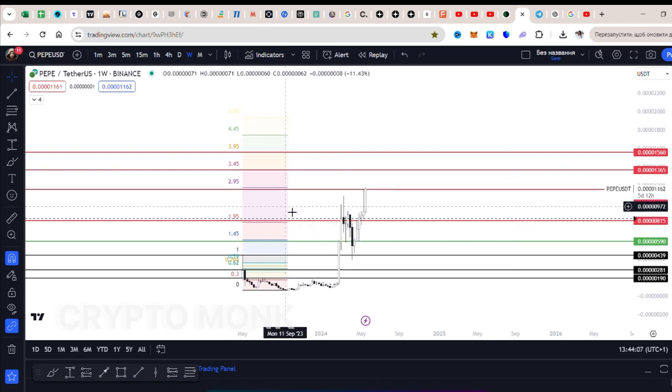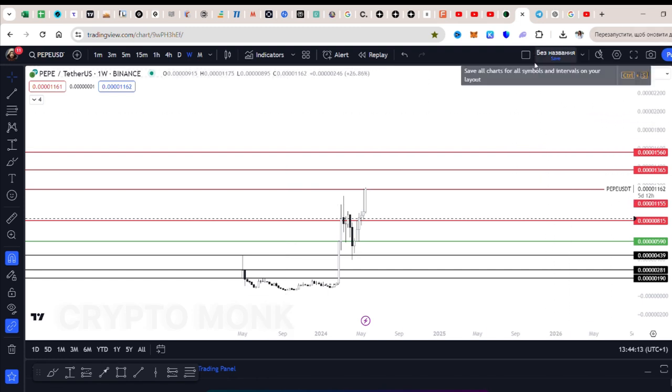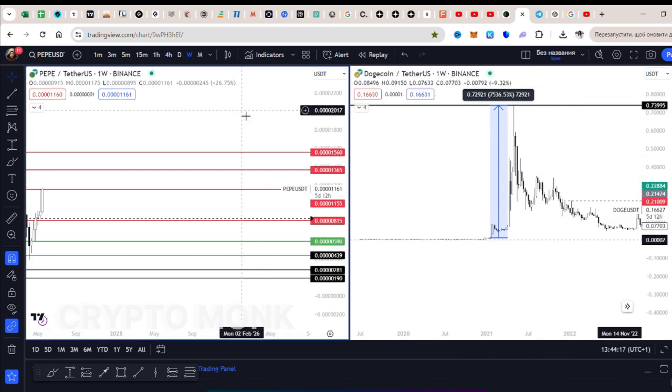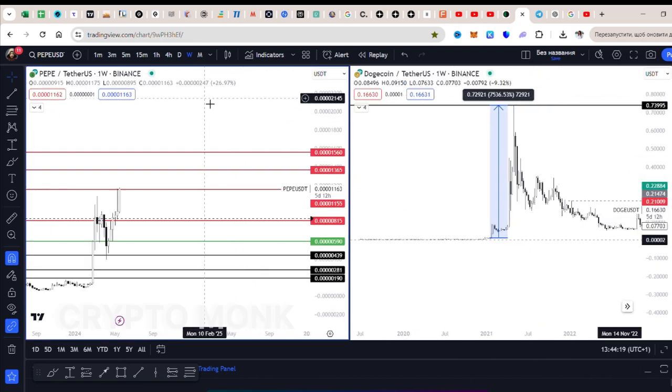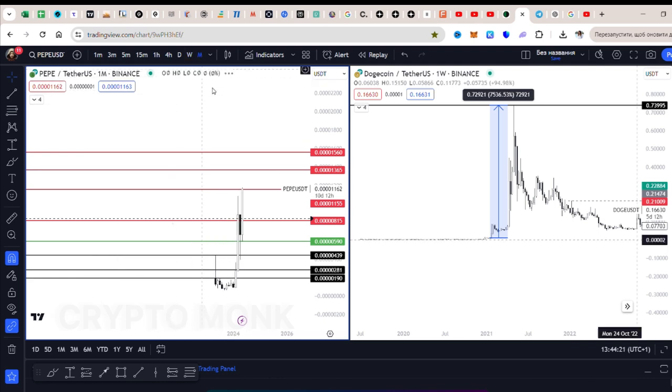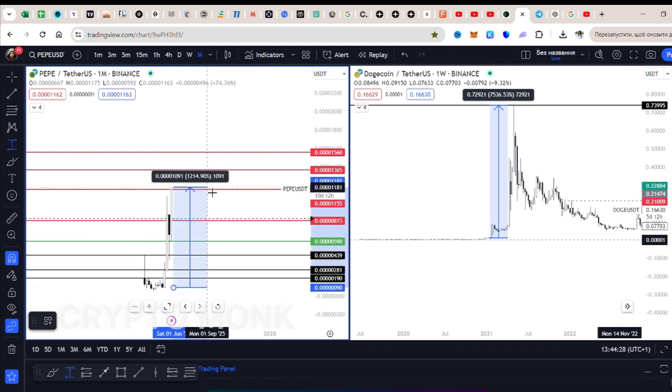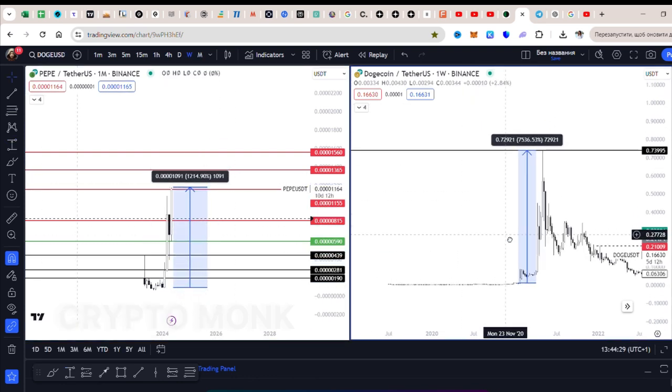It all sounds very interesting, but remember that meme coins are high-risk assets. The price delivery algorithm can change. It's important to analyze the chart, but I also have an optimistic forecast. Let's compare the meme coin Pepe with another interesting meme coin, Dogecoin. What do we see? Let's switch to the monthly time frame and examine the historical moment on the Dogecoin chart